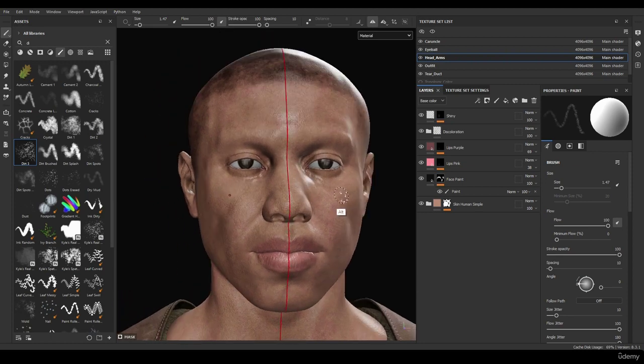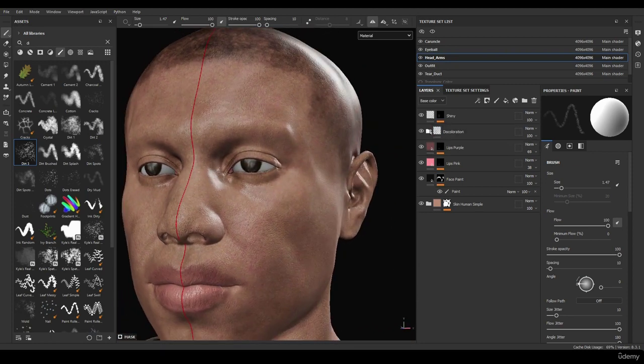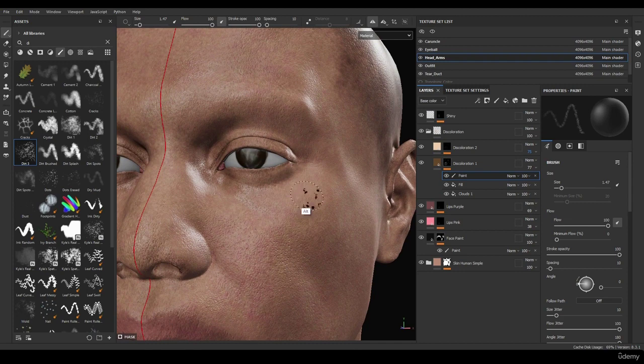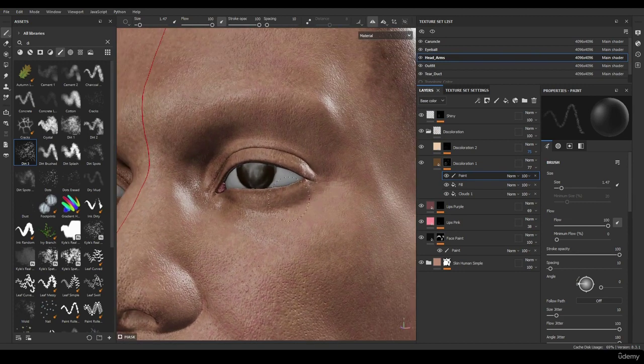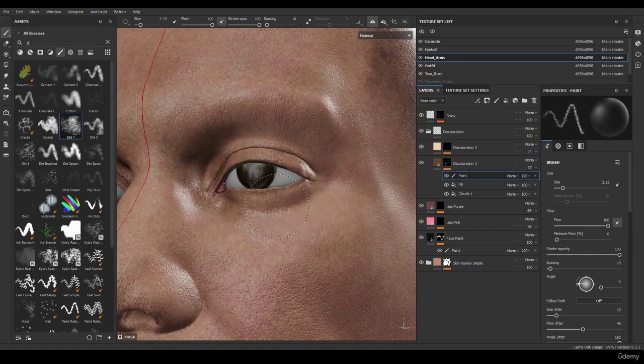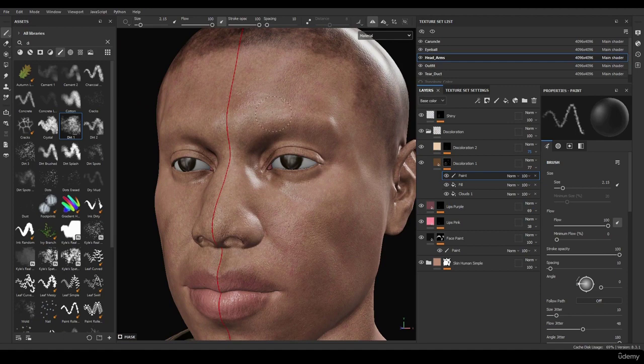Okay, and I think that the lower lid here might be too much of a dark tone, the lower area of the eyes. So I'm gonna go back to my paint here and set it to black. Just gonna get rid of some of these darker tones. And I'm gonna go back to my dirt brush here. I'm gonna go to this dirt one brush. And yeah, there you go. Gonna paint